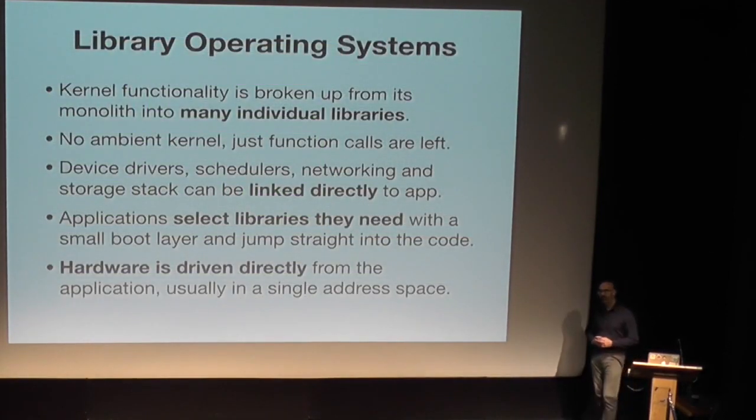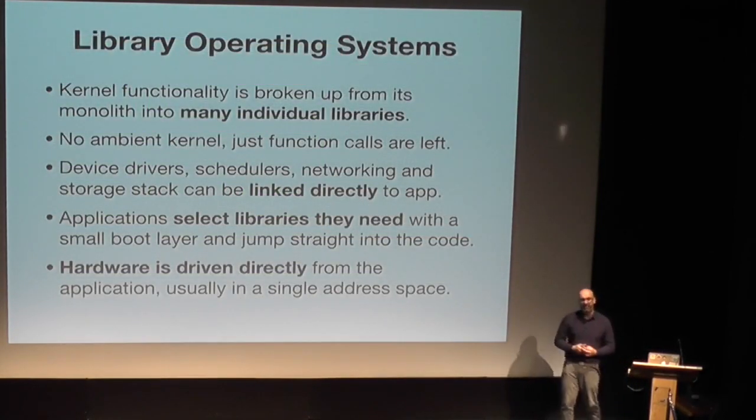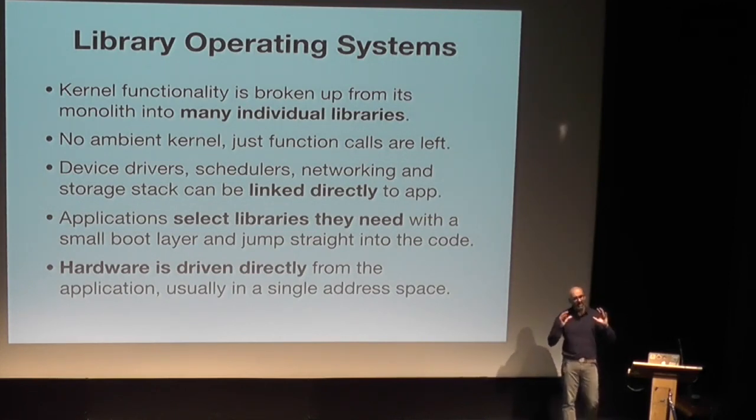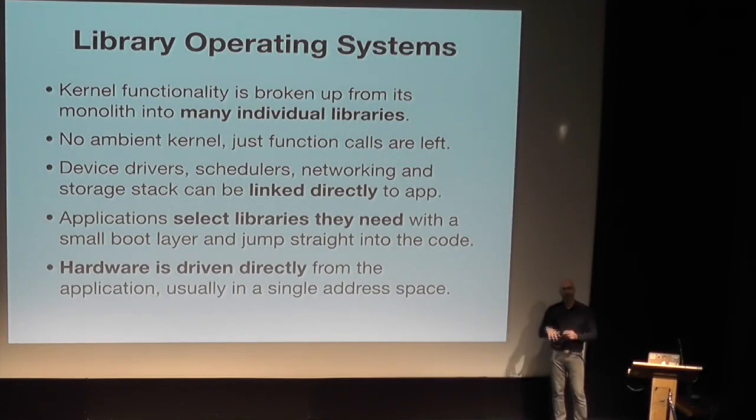Library operating systems were a completely different architecture. And what they said was, hang on. Do we really need to force an application into separate address spaces, into this kind of process model, using this particular standard of POSIX APIs that were organically developed in the 70s and 80s by operating system vendors? Is this really necessary?